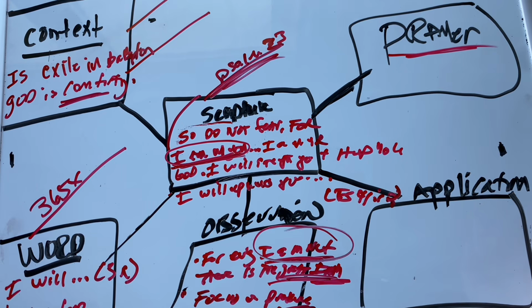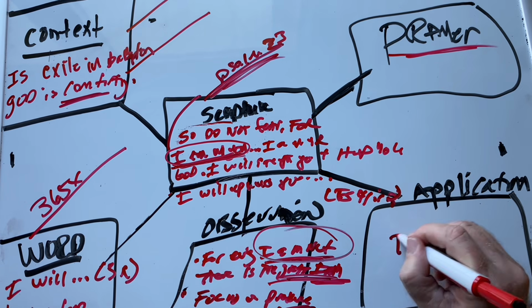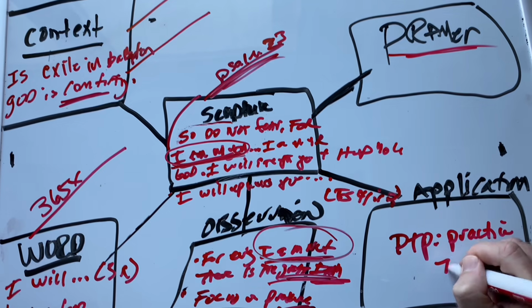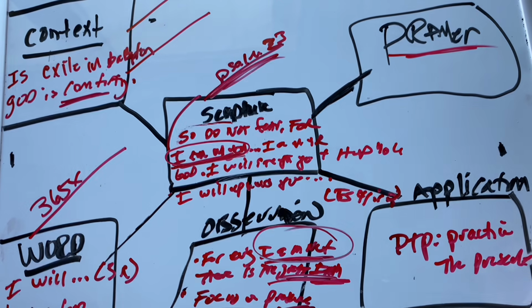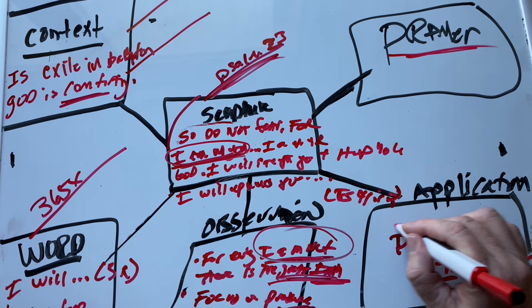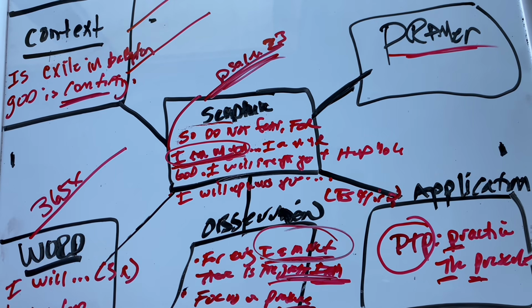Now, as I prayed about this, my application is PTP, which stands for Practice the Presence. And I get this from Brother Lawrence, who was a monk, and he worked in a kitchen, and his goal was to carry on a continual conversation with God. As he was washing the floors, washing the dishes, he would continually have a conversation with God. Martin Luther once said that you can milk cows to the glory of God. Just talk to God as you're milking them.